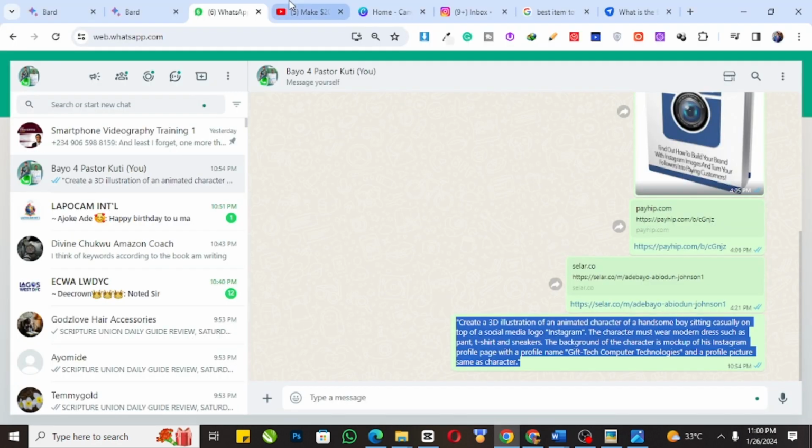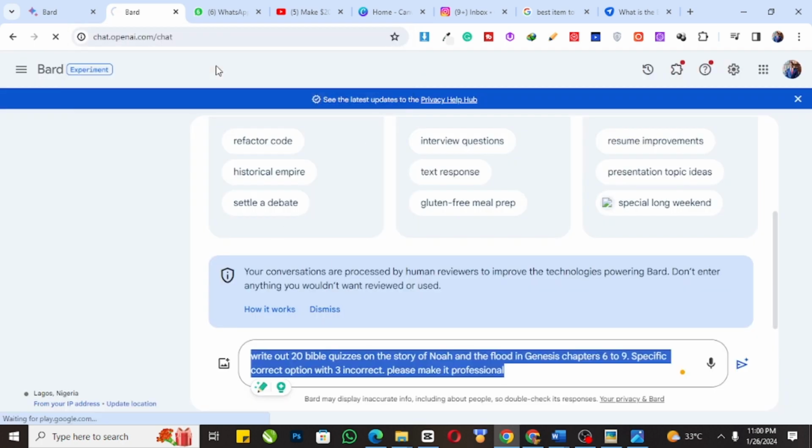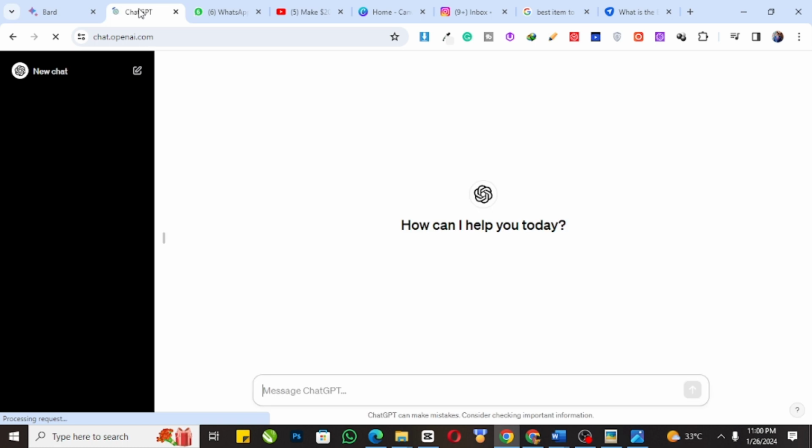Let's go to ChatGPT, for instance. Let me click on ChatGPT. Okay, let's go to ChatGPT, or you can use Google Bard. I can still use Bard. It depends on what you want to use to generate a prompt. So just wait for a couple of minutes for ChatGPT to load. Now, okay, let me say write a prompt